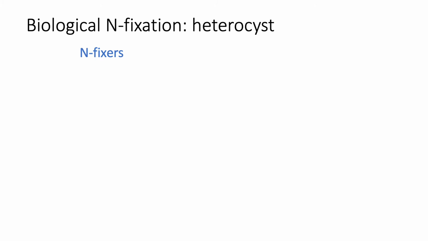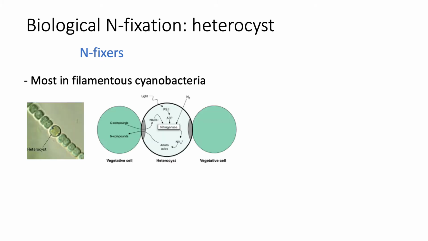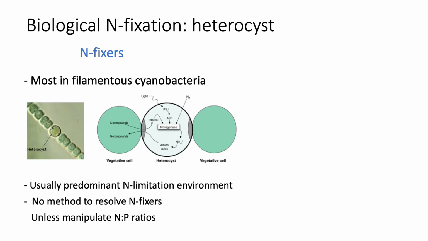Biological nitrogen fixation in bacteria is conducted by special cells called heterocysts. So it's mostly in filamentous cyanobacteria, and compared with the common cells, it has a special shape, and the nutrients and other information compounds can be transported between the common cells and the heterocyst. The common cell is called a vegetative cell,